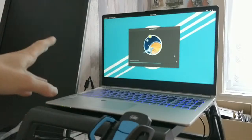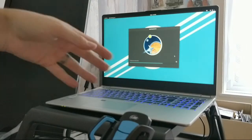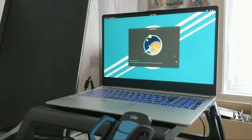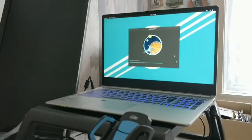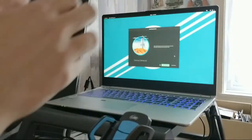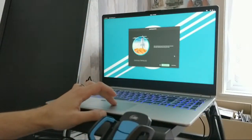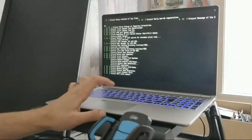Apparently some of these laptops have a bit of an issue with Intel's NVMe, whatever their super speed SSD stuff is, but hopefully this will be fast enough. I splashed out on the warranty and on a dead pixel guarantee, although, taking a look at this screen, I'm not seeing any defects. That's really good. So this is a 15. Oh, continue setting up. Restart device. Assume I need to pull out my...